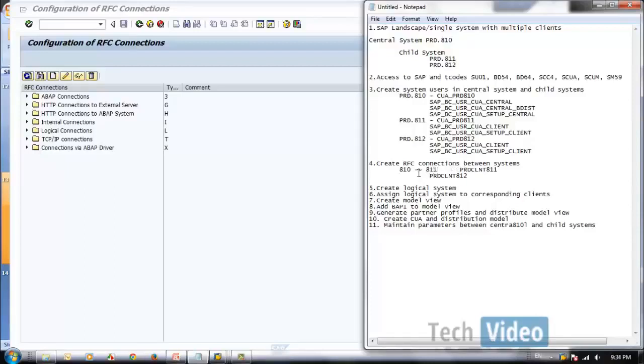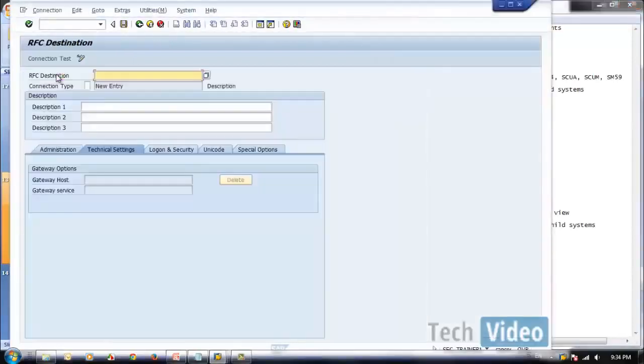Okay, this is again 810 to 812. I think now it is clear. Let's create two RFCs.